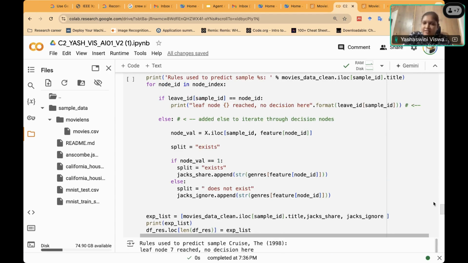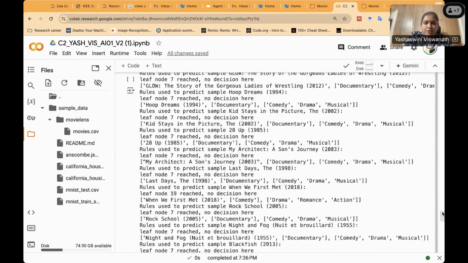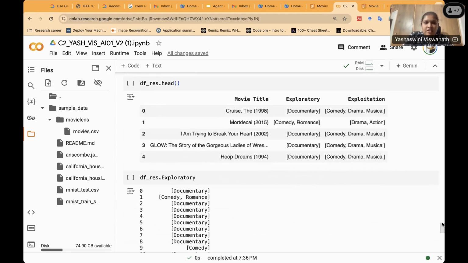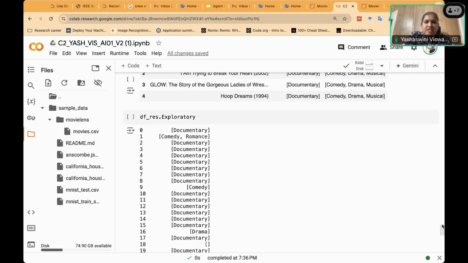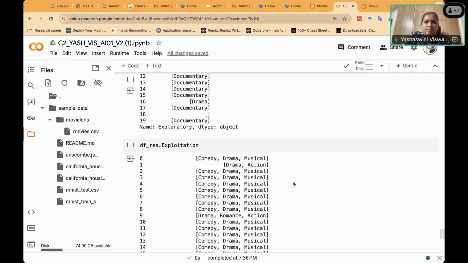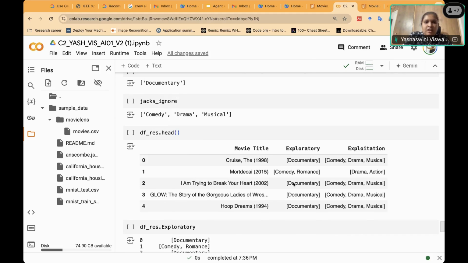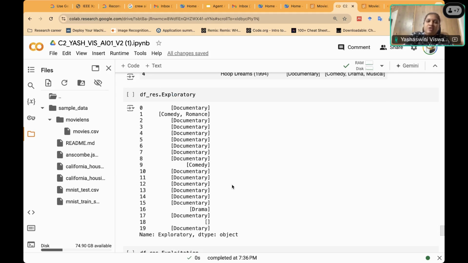That is given in this. You can see these are the exploratory options that you can do. Say Jack can give something to ignore that he does not want to see. Here Jack is a user.